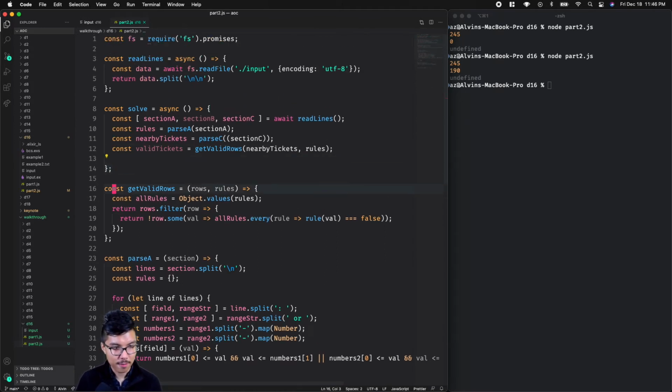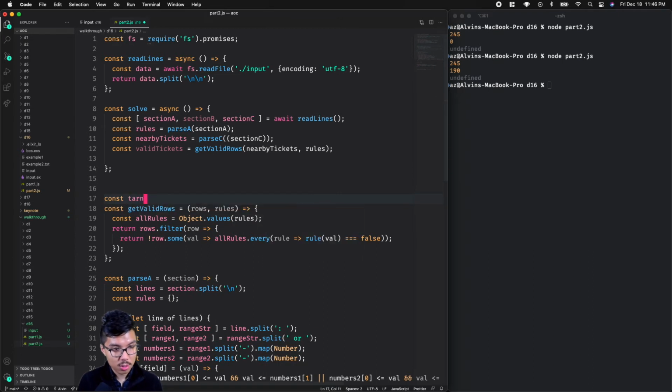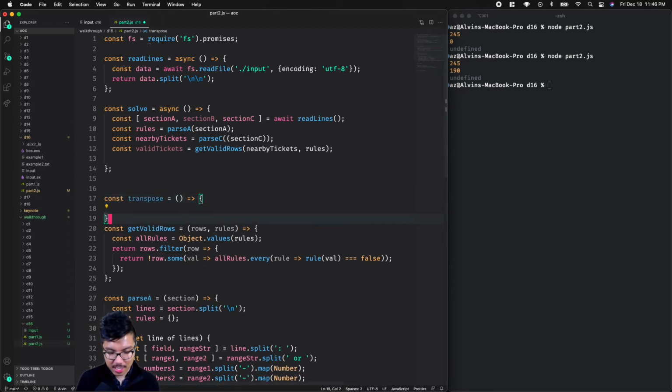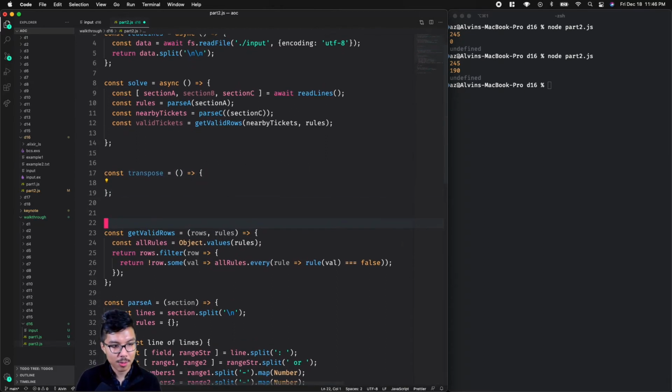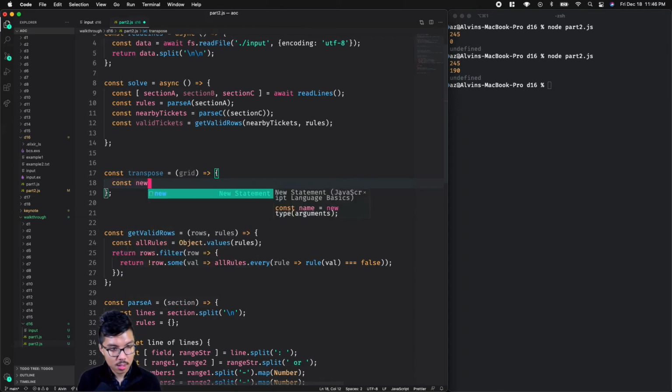Well, let me create a function for that. We'll say const transpose. Usually a lot of programming languages that are not JavaScript come with some built-in function to rotate a grid, but we'll have to build it manually here, I think. So I'll say take in some grid, which is really going to be that 2D array of tickets, and just transpose it, right? So I can create some const new grid,